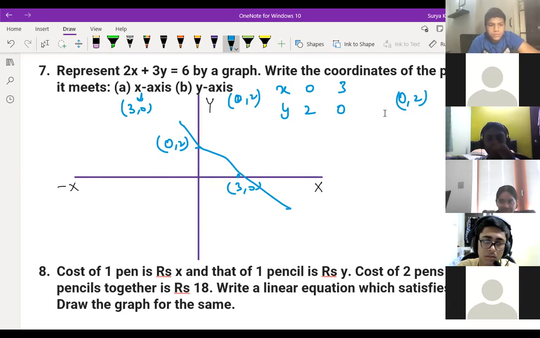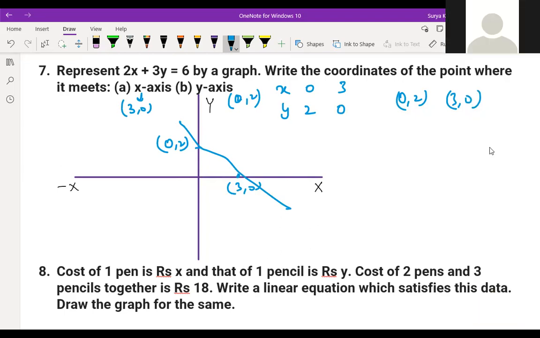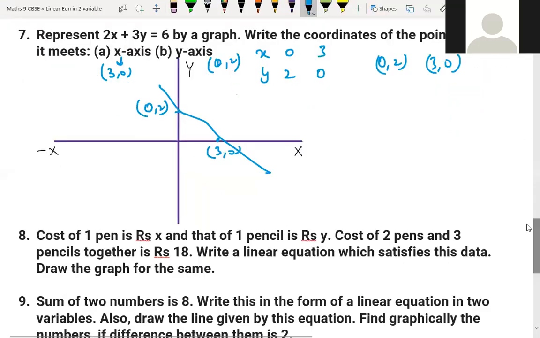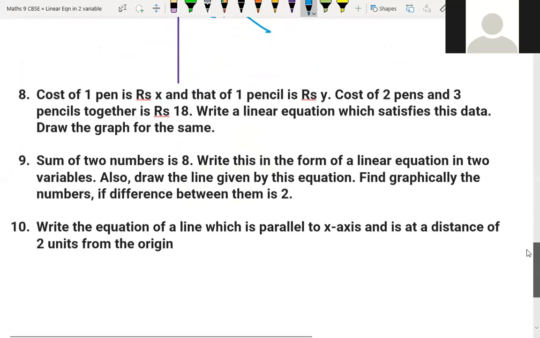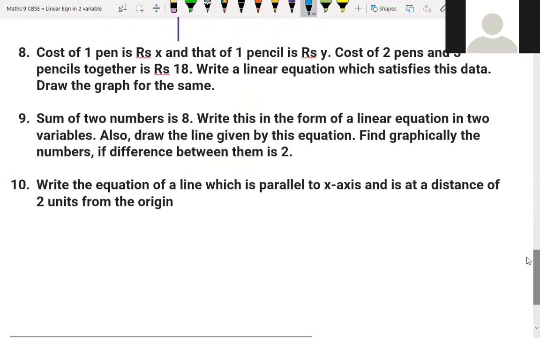Okay, sir. That's the end, children. If you want, you can write 1-2 more questions for homework and solve them. If you have a doubt, you can ask. See, down there are 2, 3 questions. You can take them for homework. Questions 8, 9, 10, 3 more questions are there. If you want to write them, take a screenshot, and if you have a doubt, you can ask.